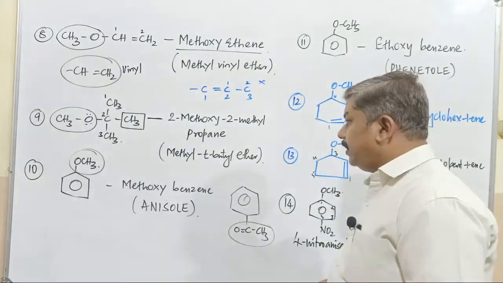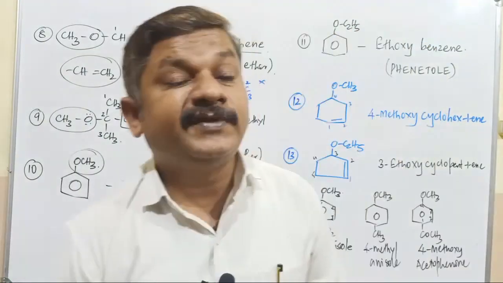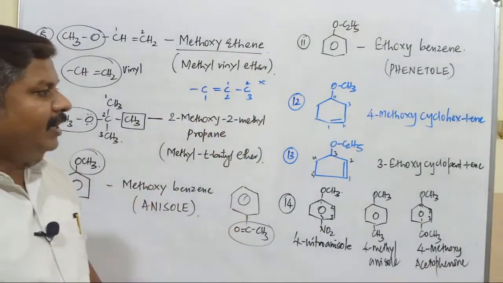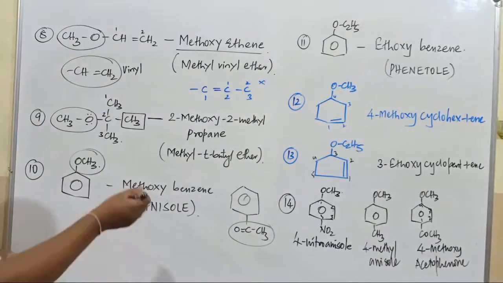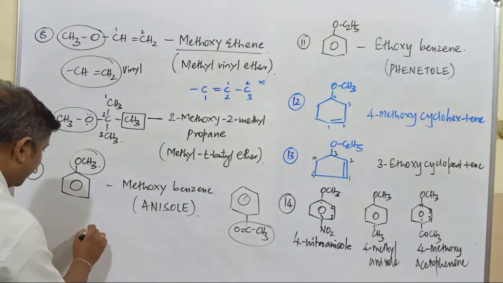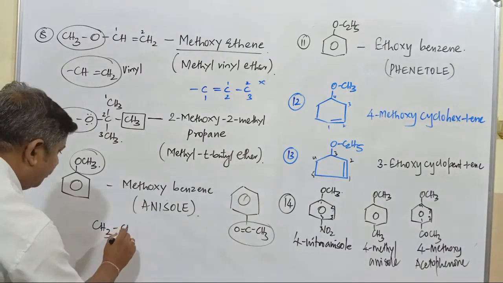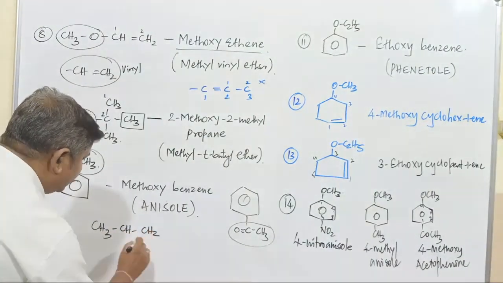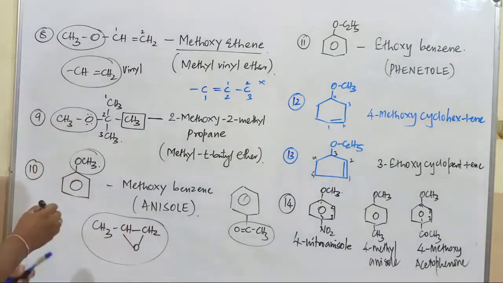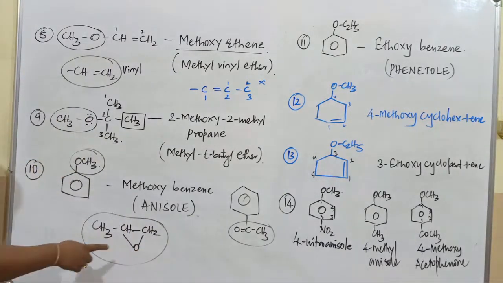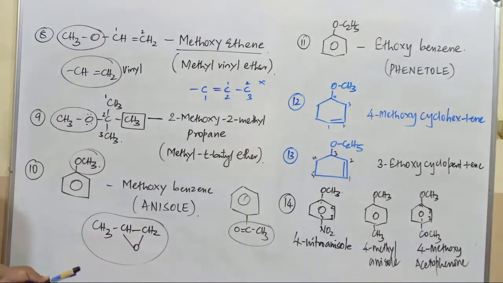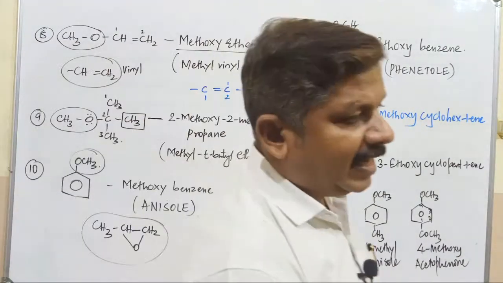So this is about the nomenclature of these compounds. If required, we will discuss the nomenclature of cyclic compounds, cyclic ethers. These are all the nomenclature of simple, that is saturated and cyclic ethers. We will come across some of the compounds. CH3CH, this is oxygen and this is oxygen. What is the IUPAC name of this type of compound? It is also an ether. What is the correct IUPAC name of such cyclic ether compounds?